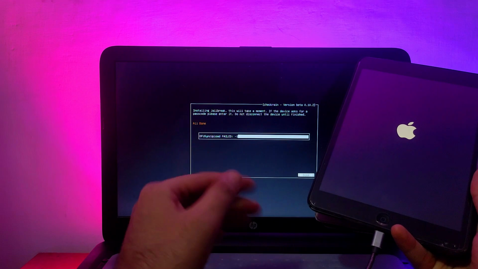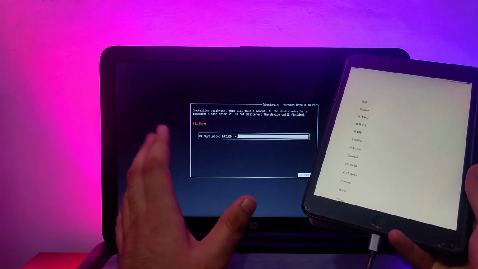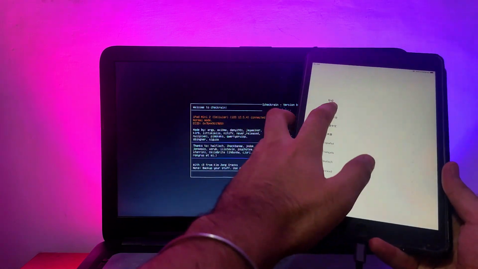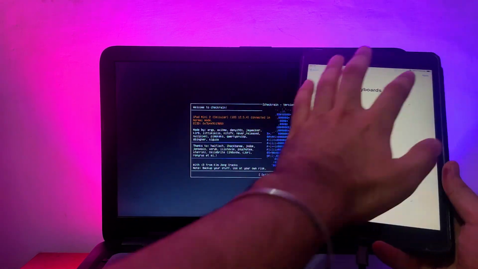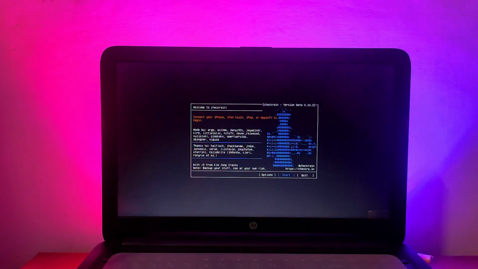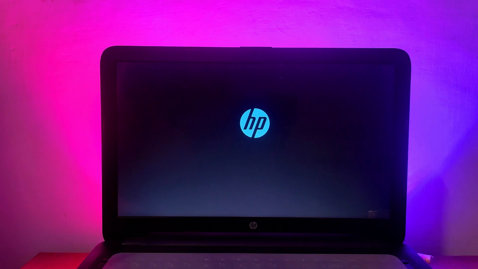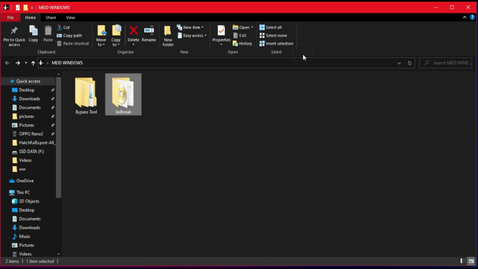Now we have to unplug the cable and reboot the PC and go to your Windows machine again. So for that, just remove the cable. So let me just show you. The device is currently on the activation lock screen. Now after that, just quit checkra1n and on the terminal you have to type reboot and hit enter and it will restart your PC. After that, you can unplug your USB stick. Now once you do that, you will see your Windows will be loaded again. Now after that, you have to proceed for the bypass steps.